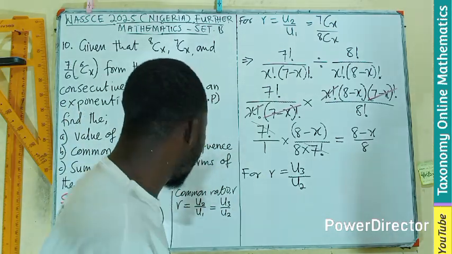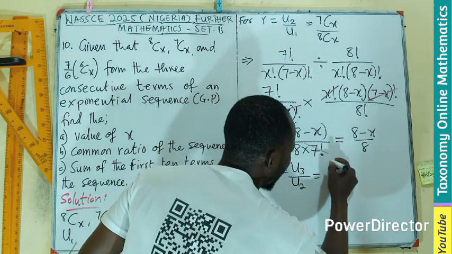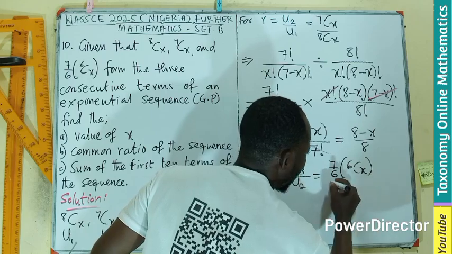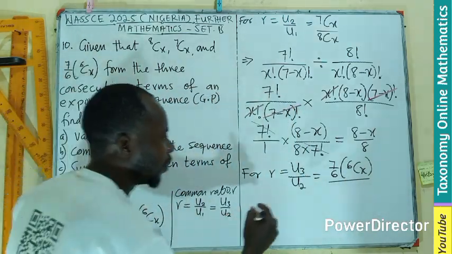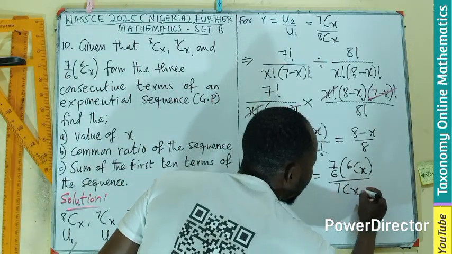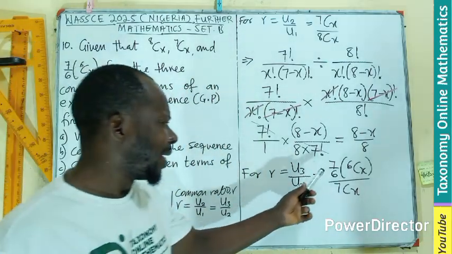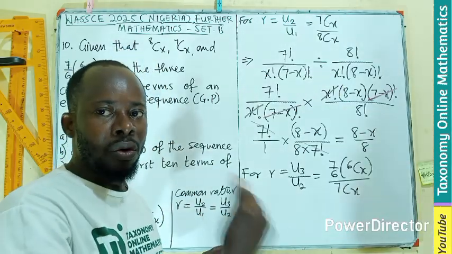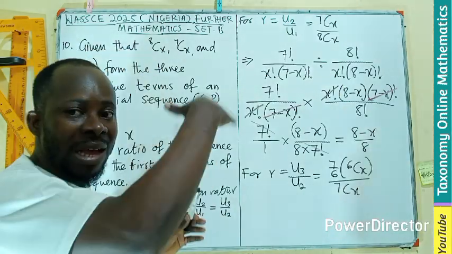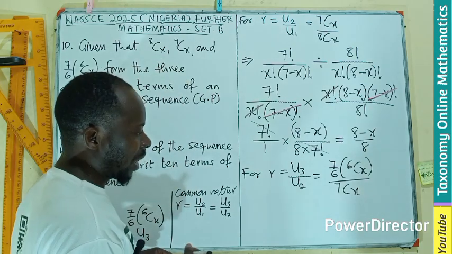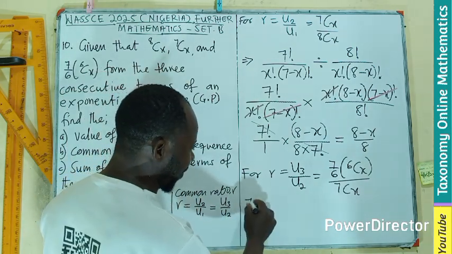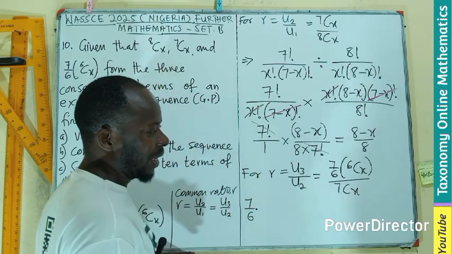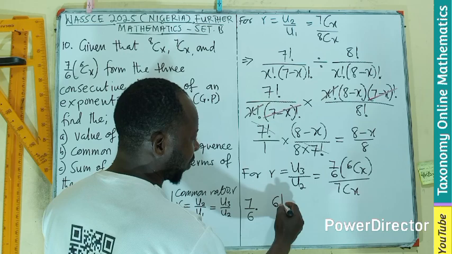So now we can say that our third term, which is going to be 7 to the power 6 times 6 combination x, divided by the second term, which will be 7 combination what? x. Remember, this 7 to the power 6 is a factor multiplying whatever the result of 6 combination x will be. So it is not part of the superscript. So now I can say that I have 7 to the power 6 multiplying 6. I want to combine that already. So I'll be having 6 factorial